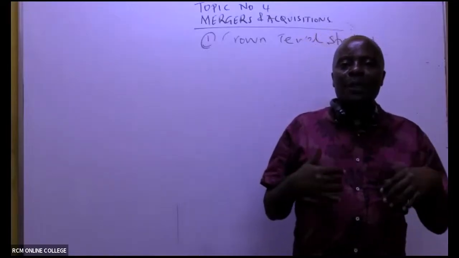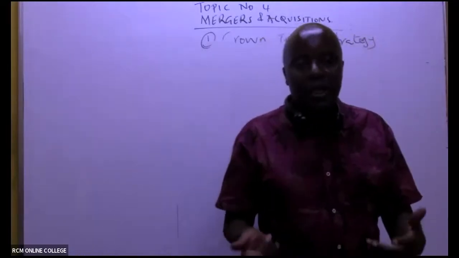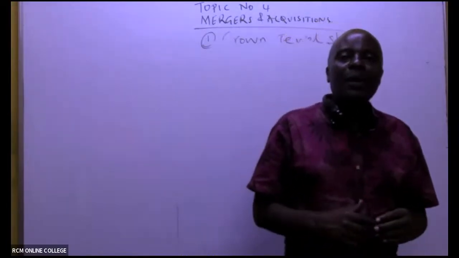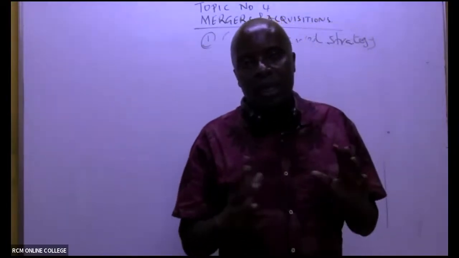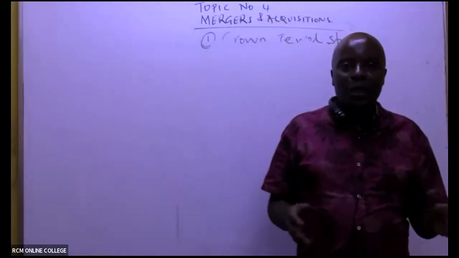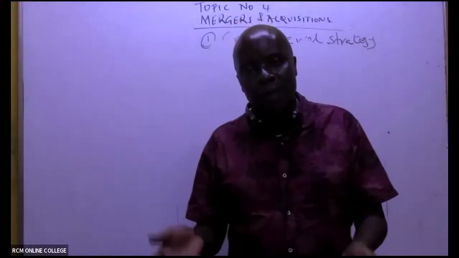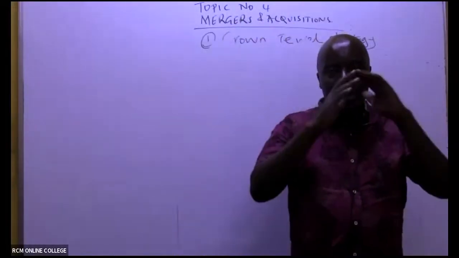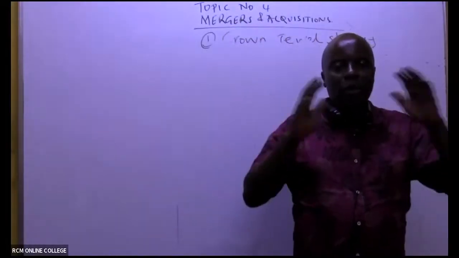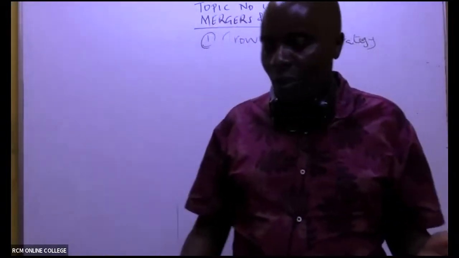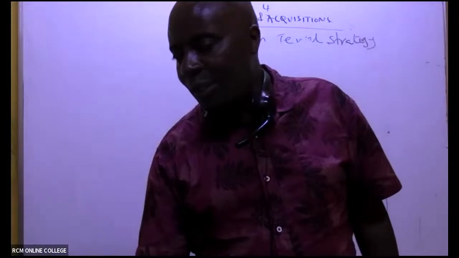The targeted company that is being proposed to be acquired, you simply go to court and say, if I'm acquired by RCM, then RCM will become what here? A superpower. It will become a monopoly, which is against what here? The Competition Authority of Kenya. It's a whole act saying firms should compete.